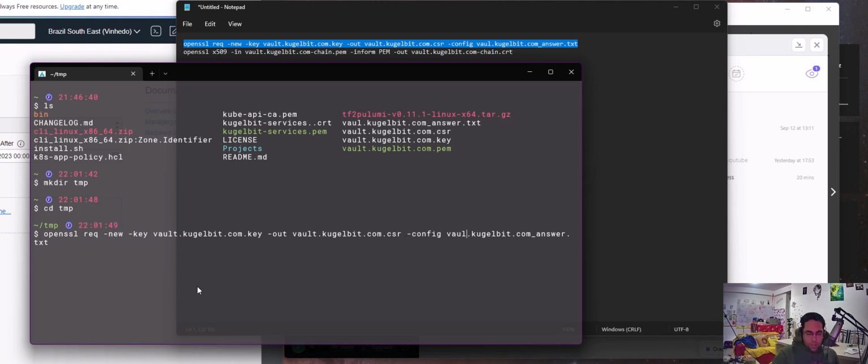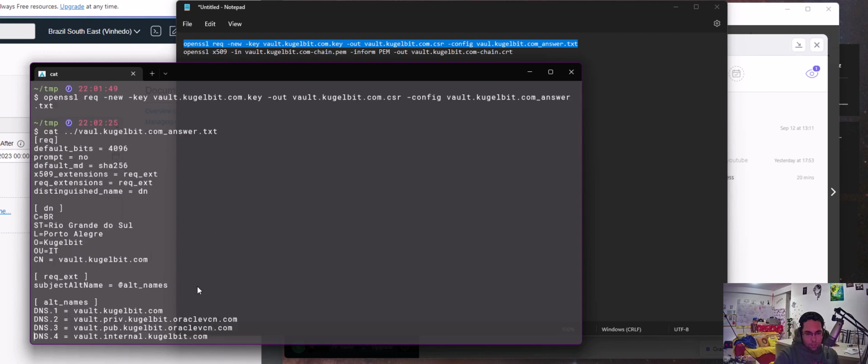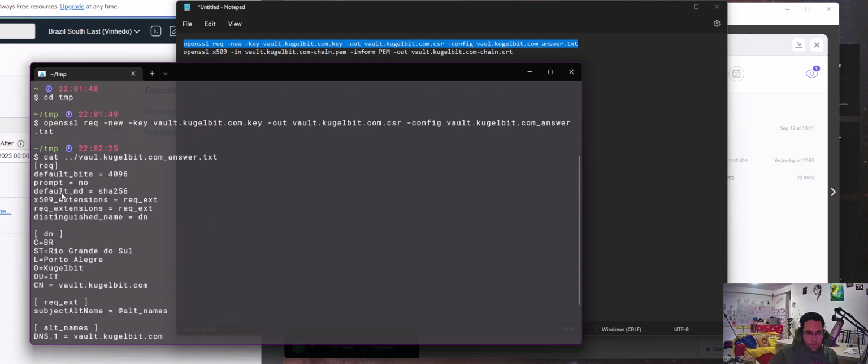If you don't want to answer, the request is going to ask you some questions. If you don't want to answer those questions every time, you can use an answer file. The answer file, if you see here, you can use the default bits, the default hash, which is SHA-256,